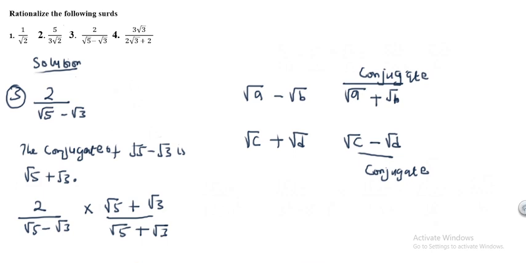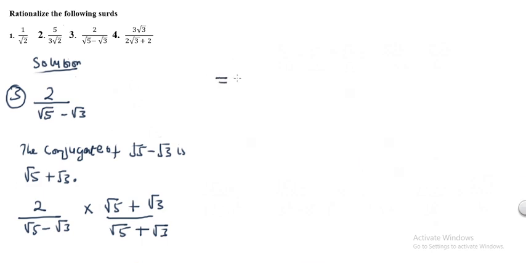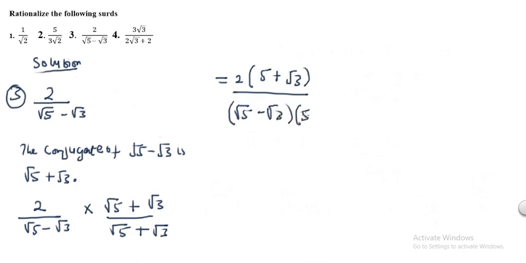Let me clean out this space. We can rewrite this as 2 open brackets 5 plus root 3, divided by root 5 minus root 3 open brackets root 5 plus root 3. So for the numerator, we can simply multiply everything: 2 times 5 is 10, and 2 times root 3 is plus 2 root 3. Then divided by,